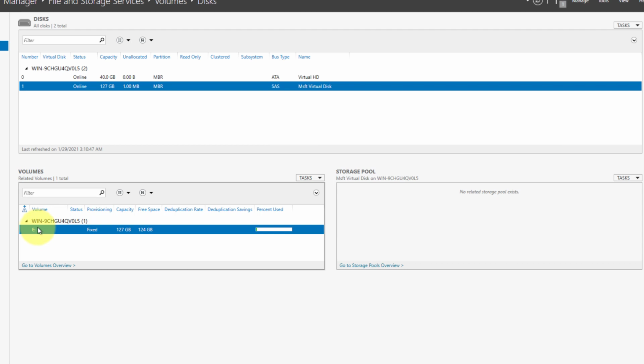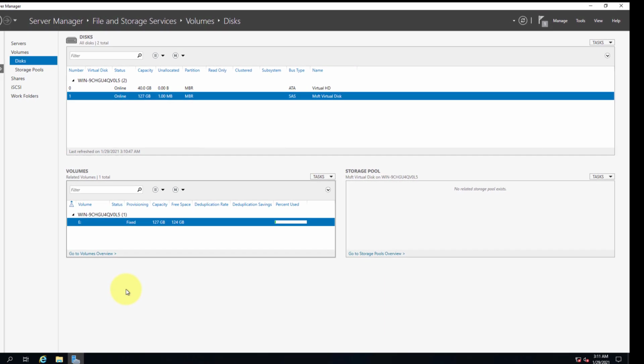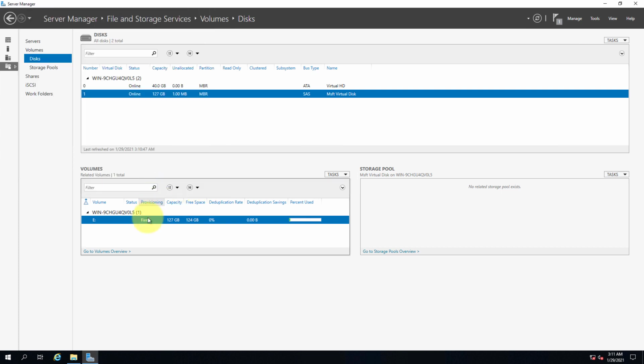Now I will right click on this and select Configure Data Deduplication. By default it is disabled, so I will select General purpose file server. Here it says that after 3 days it will do the deduplication, but I will make it 0, so that it runs daily, and I will click Apply and OK.